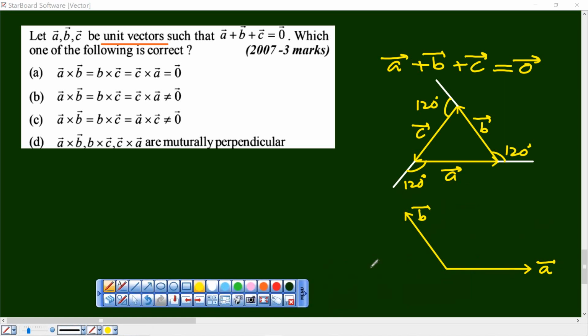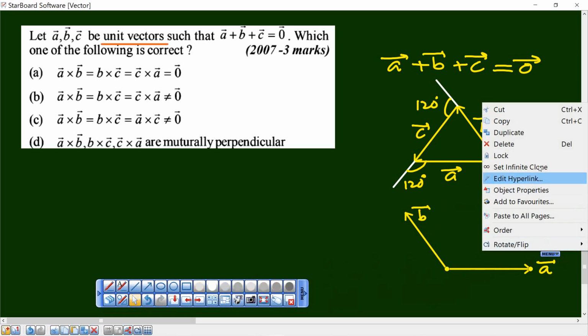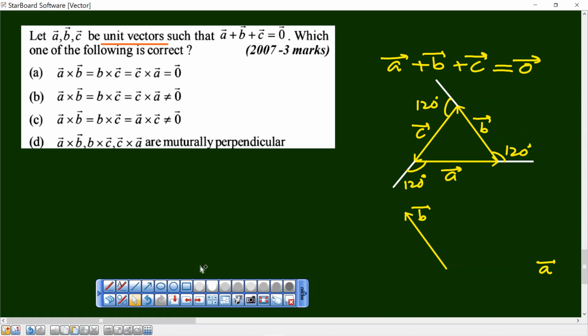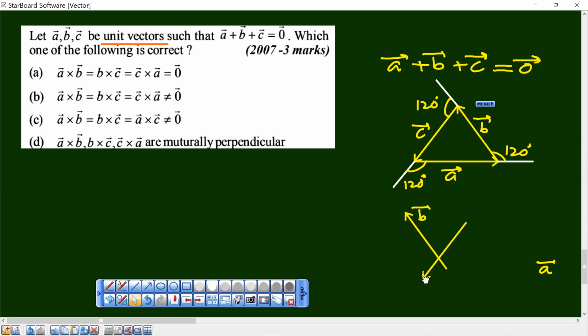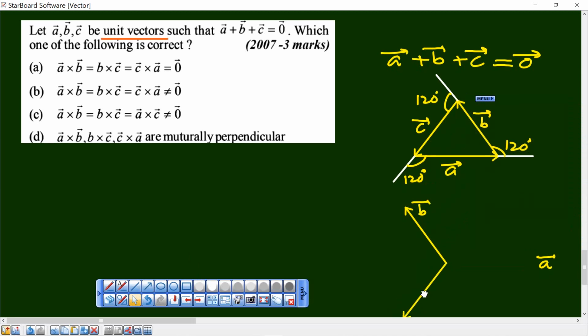Okay. Having said that, let's get rid of this A. Done away with this, I guess. Now bring C. So let me duplicate C and bring it over here in the common tail position. And now, what is B cross C, electric pole or tube well? Sir, electric pole. Electric pole again, sure or not?